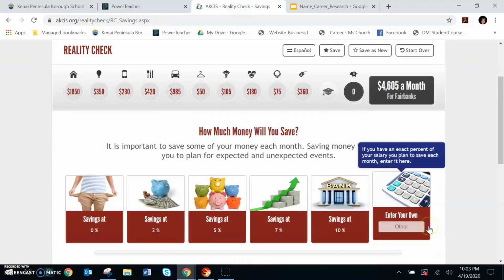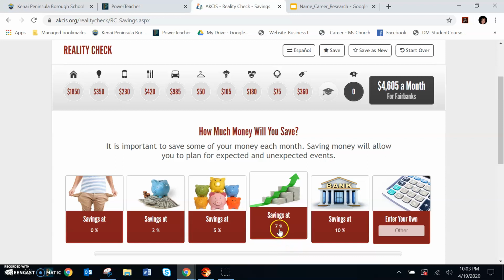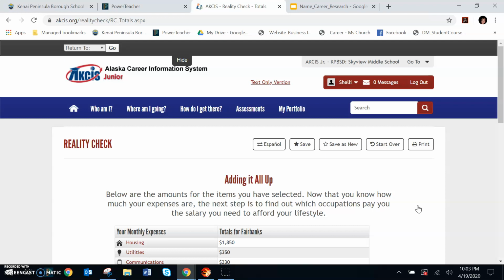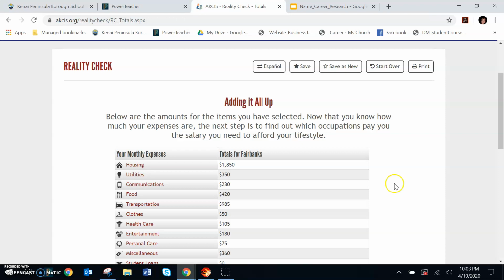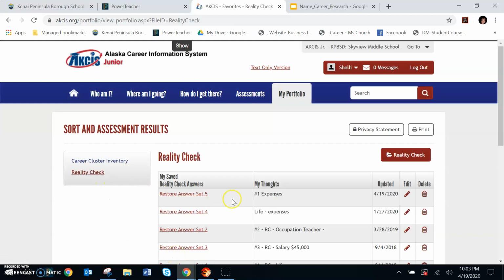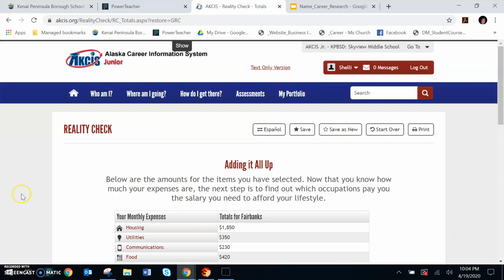Okay, how much will you save? Oh, I want this one. You can plan for it, you can save for it. Okay, below are the amounts of items you have selected. First thing we want to do is we want to save this, and we are calling this number 1, and this is expenses. Okay, and save. Let me just come back to it, and then we can analyze it and get the snip